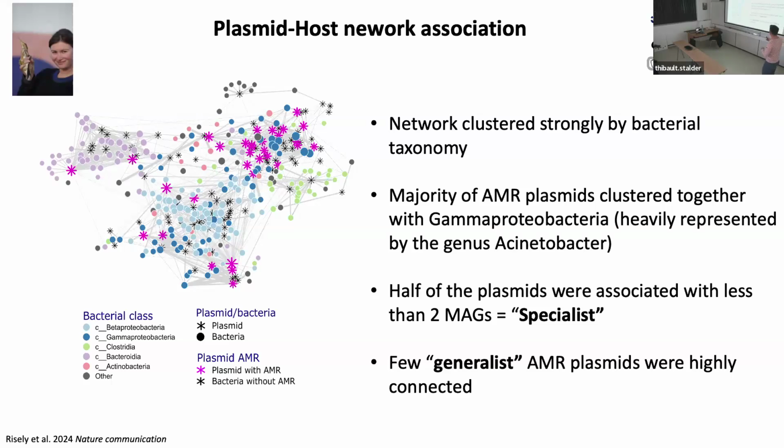However, for example here, half of the plasmids were associated with fewer than 2 MAGs, and so those could be considered more as specialist interactions. However, a few generalists, a few plasmids, were over-connecting the network a little bit, and what we observed is that those were also AMR plasmids. When we looked at the number of contacts of AMR plasmids with hosts compared to non-AMR plasmids, there were slightly but significantly more connections of AMR plasmids with the rest of the hosts than non-AMR plasmids. And what Alice did that was very interesting